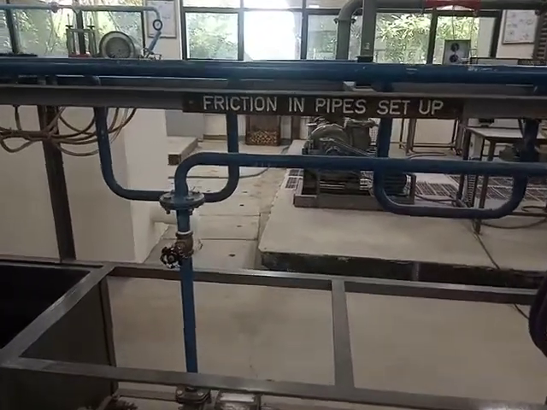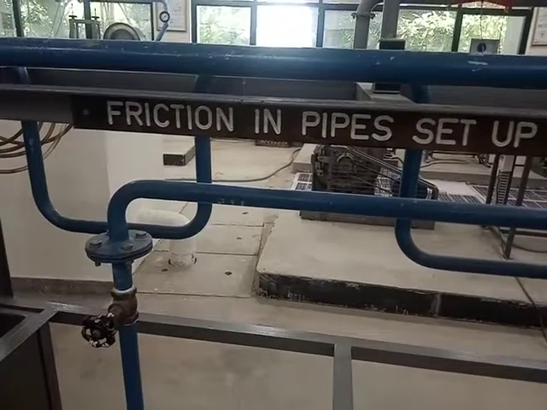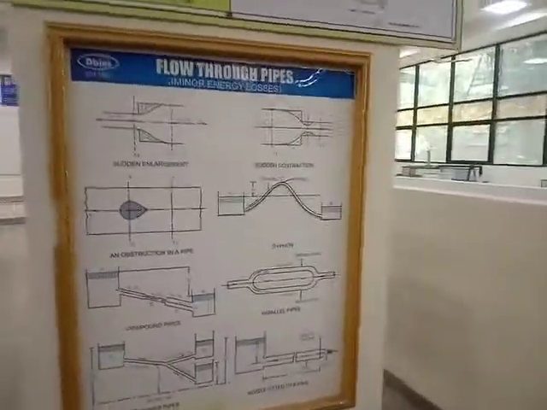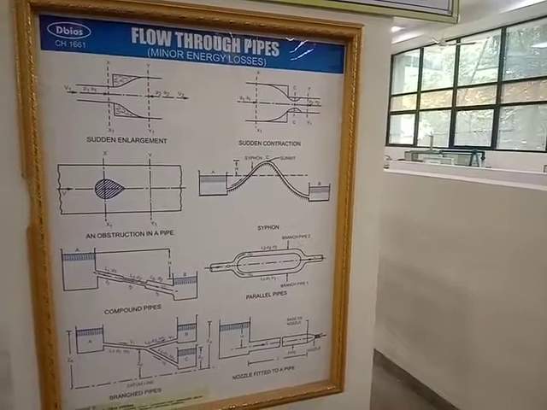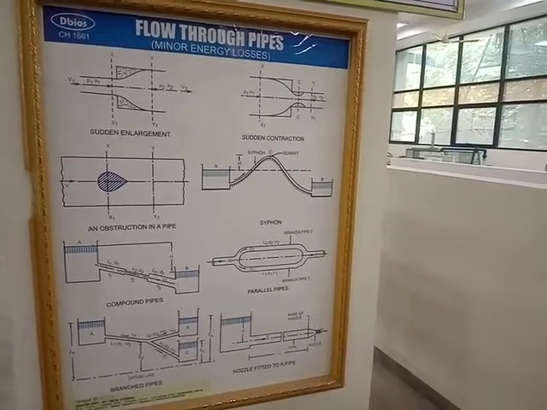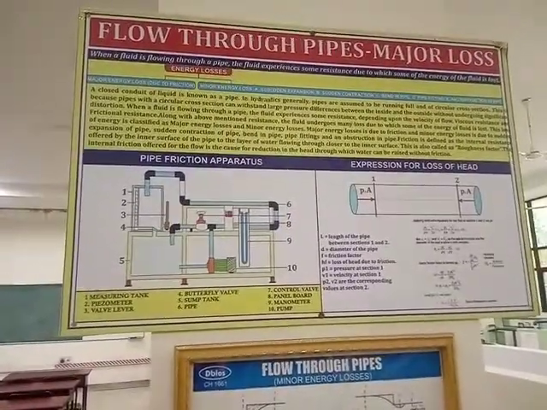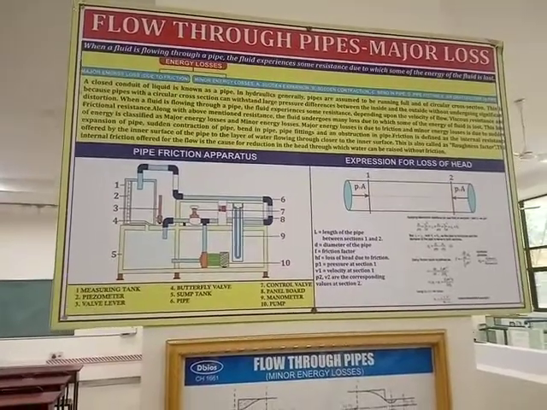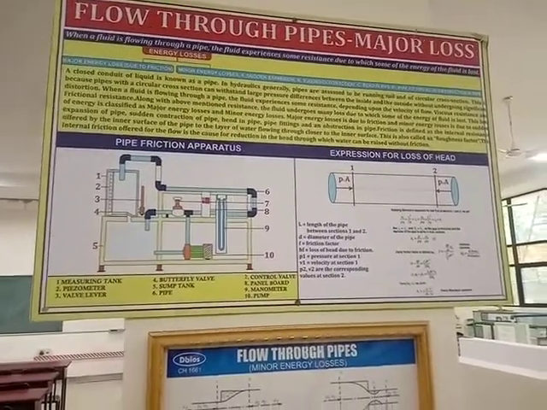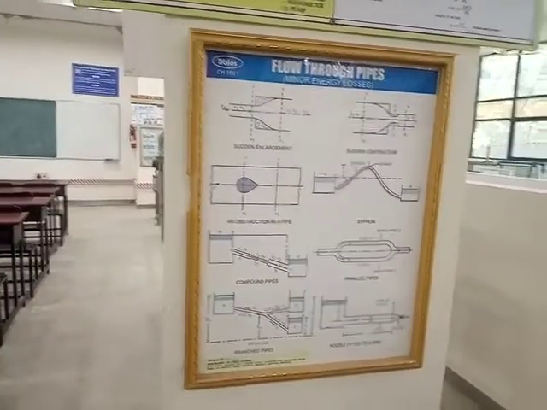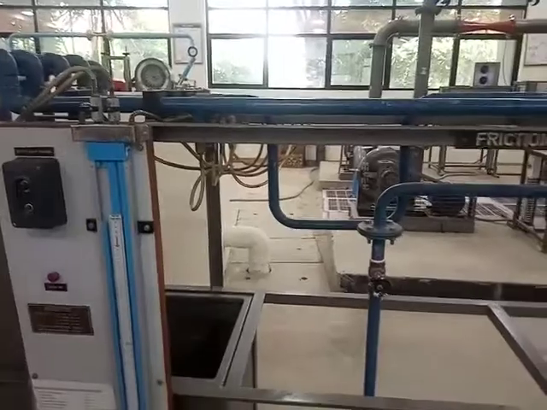In the last session, we had explained to you the experimental setup for determination of major loss and minor loss. In today's session, I will be giving you a walkthrough of how this experiment has to be conducted. Obviously, if the instrument is switched on, due to the noise, you will not be able to hear my instructions. Therefore, in this video, I will take you through each step, each procedure of how to go about carrying out this experiment. Definitely, after this video, one more video will be posted wherein the actual conduction will be shown for your kind perusal. So let us start with this experiment.